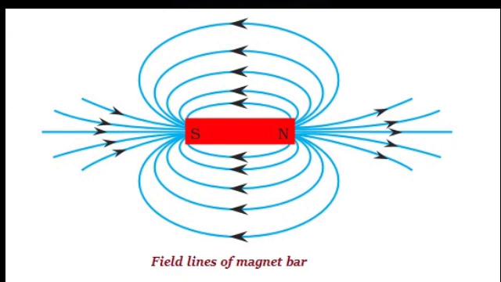This is what a scientist called Hans Christian Ørsted also wondered. He was the first person who noticed the deflection of a compass needle every time the current was passed through the wire. So when electric current passes through a wire, it behaves like a magnet. This is the magnetic effect of the electric current. In fact, an electric current can be used to make magnets.